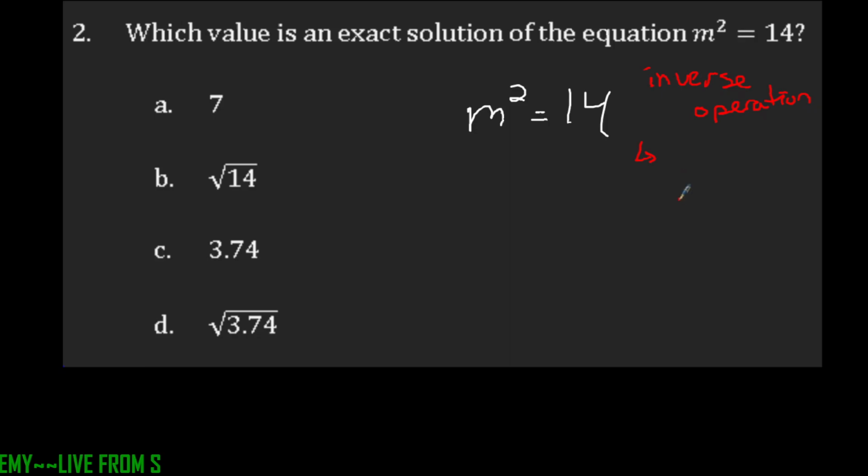Again, we're trying to undo what has been done. So let me write this down: to get rid of the exponent, take the root of both sides. You have to be careful, and I didn't say square root because, let's say if our exponent